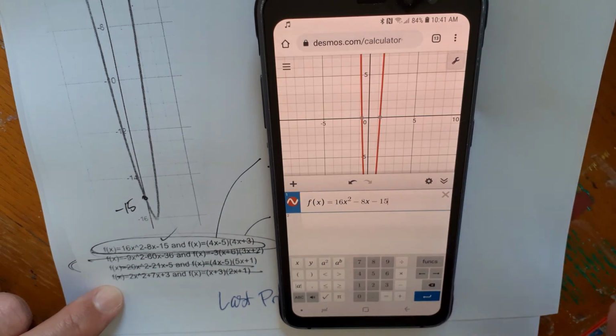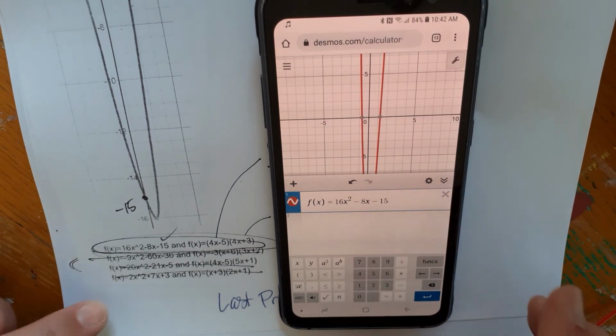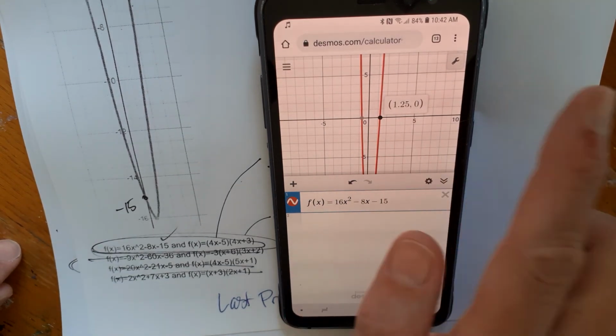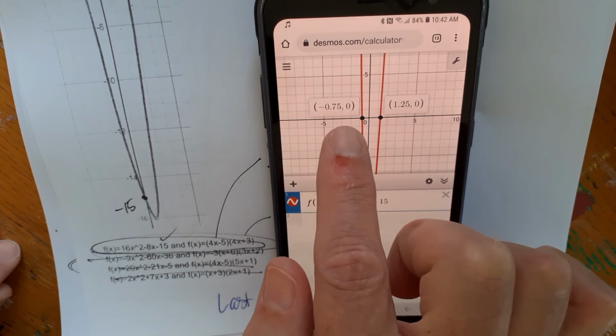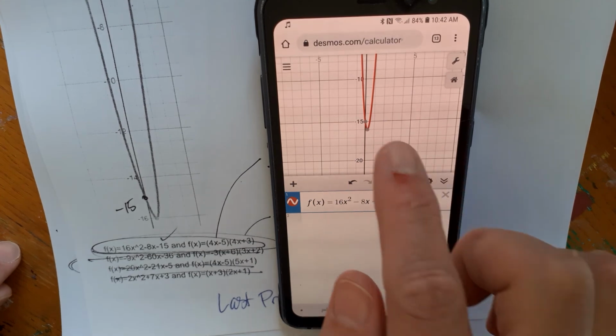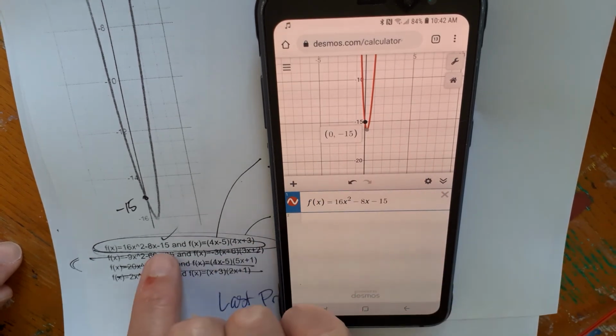And home, so we can find it. There it is. So this is the parabola we're looking at, and notice we can click on the roots and it will tell us 1.25, check, negative 0.75, check, and the location of crossing the y-axis right here, minus 15,